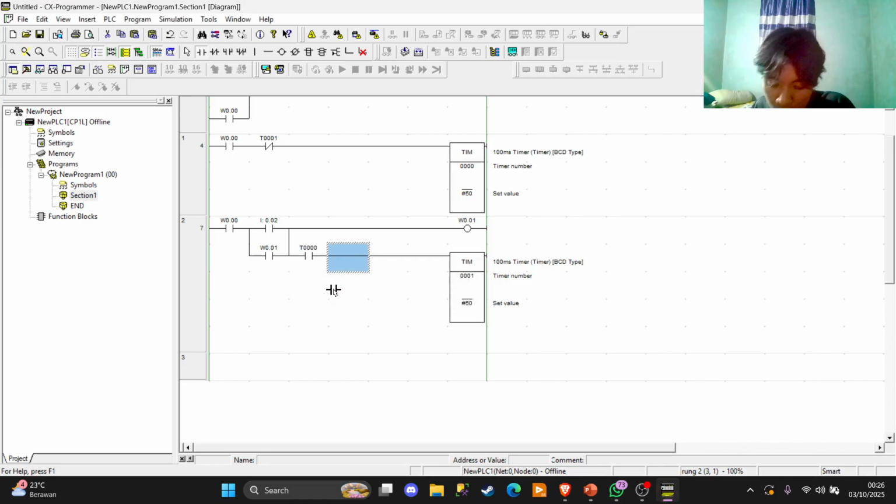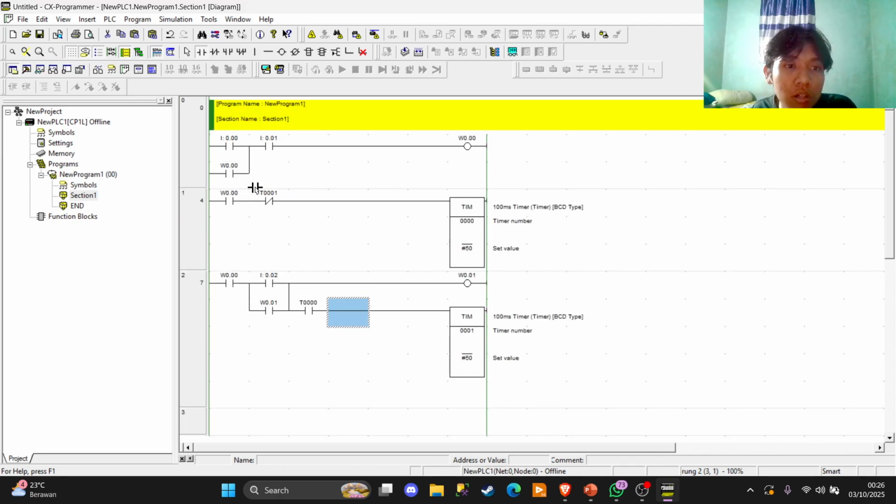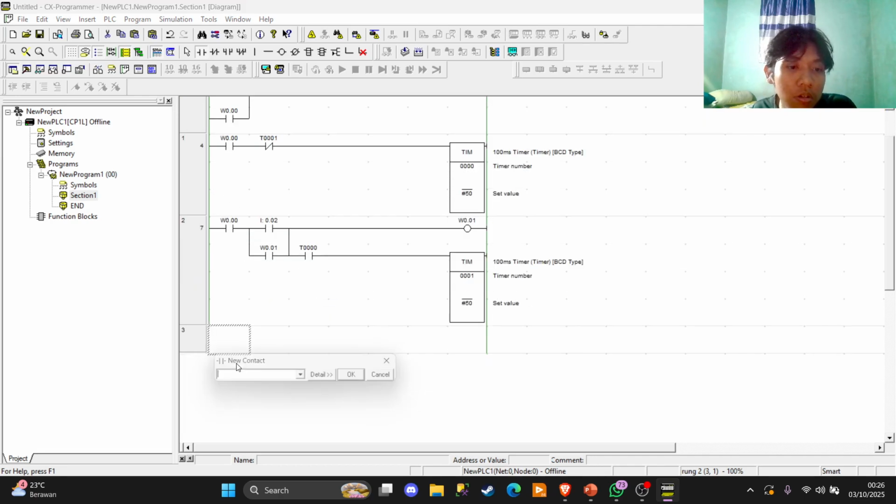And then we make another rack about the system that is going to move the solenoid or the motor. So what we need is the output from the first one, which is V000.